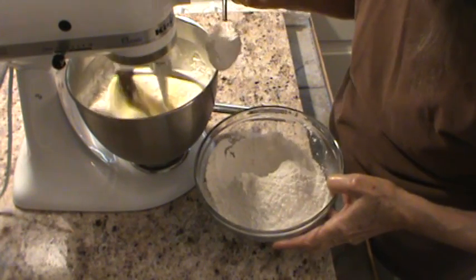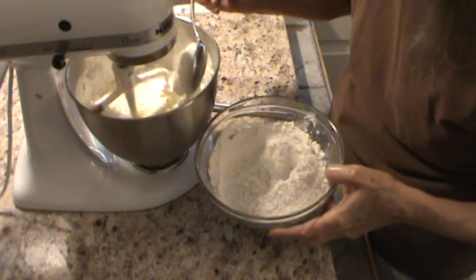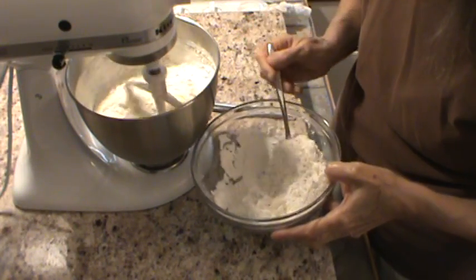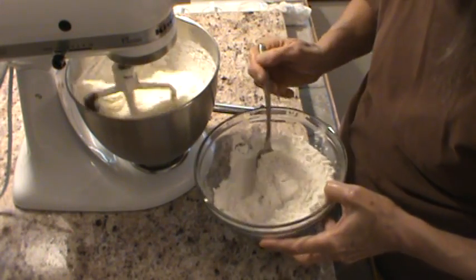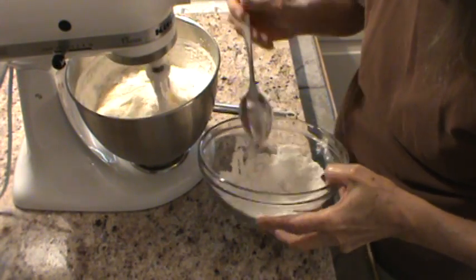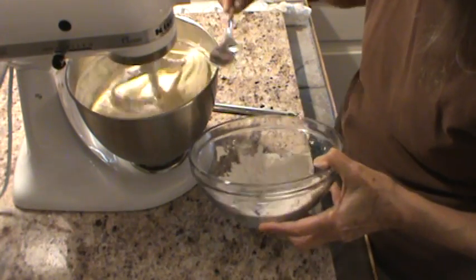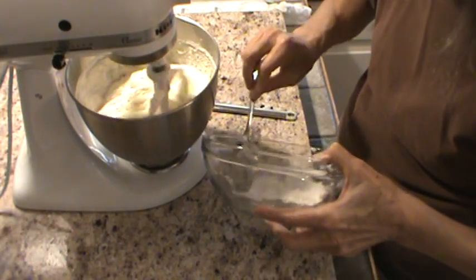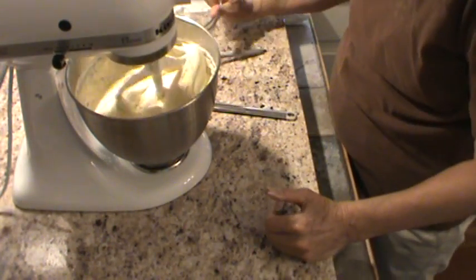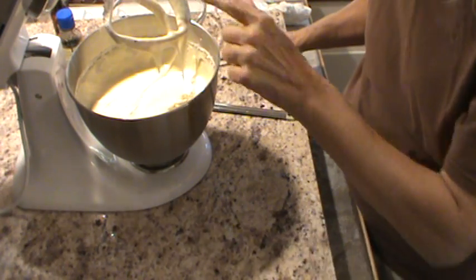I've got my mixers on the lowest setting. And we'll scrape down the sides of this bowl in a few minutes, as soon as we get all the flour in. Last of them in. Now we're going to just scrape down the sides, because even though I've got this paddle little thing that